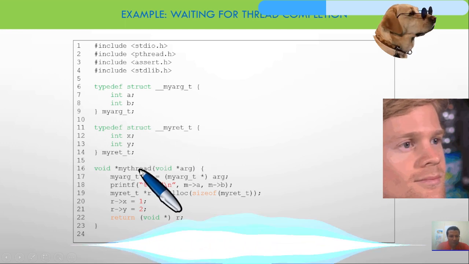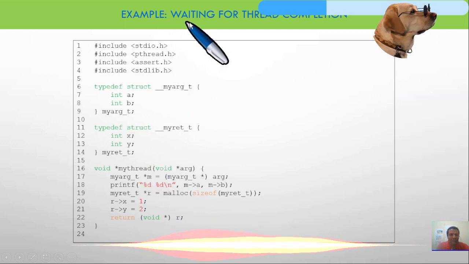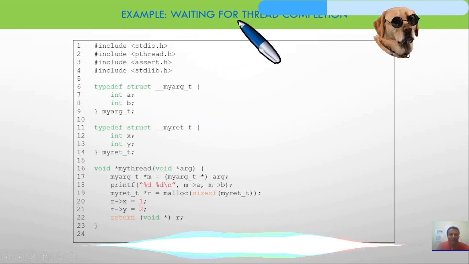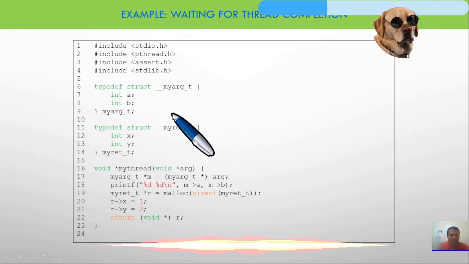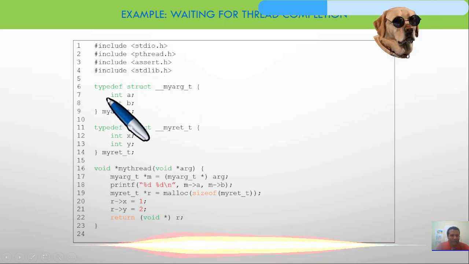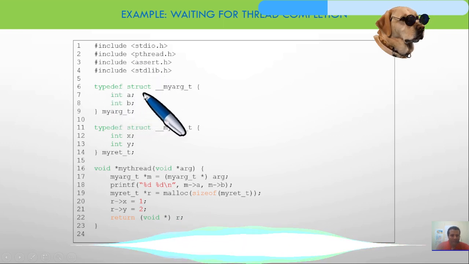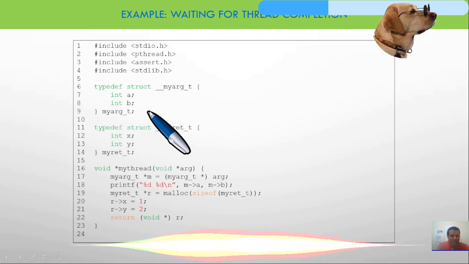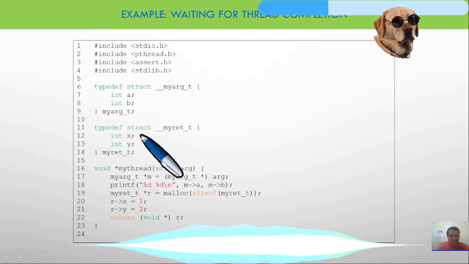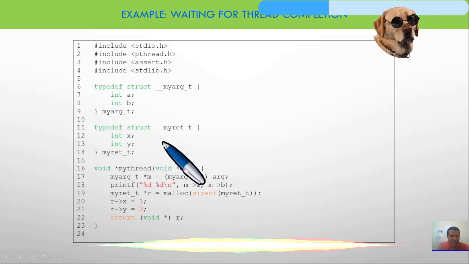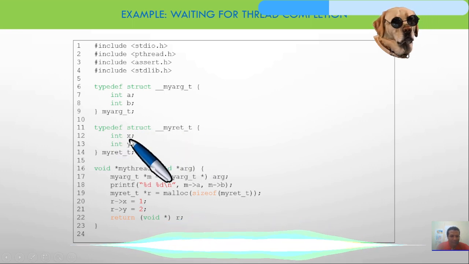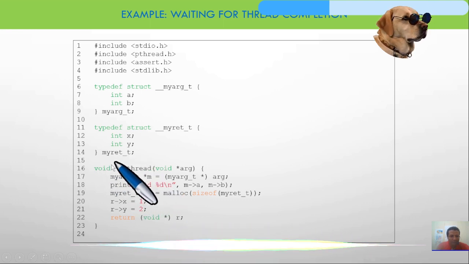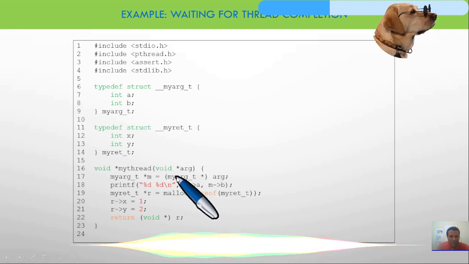So we have also another code. I directly take it from the book. This is also wait for thread compilation, and as you can see, we have typedef struct my_arg_t, int a and b are here, then typedef struct my_ret_t, int x and y,